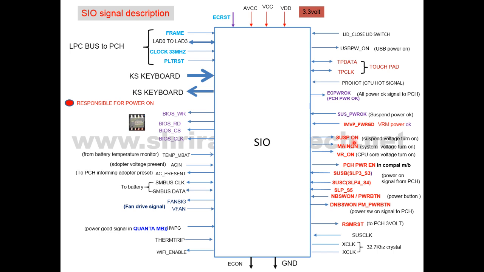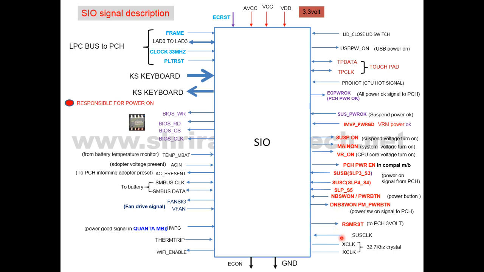And these are the three main signals, that is called suspend on, main on, and VR on. When you press the power button and the SIO receives these two signals, SLPS3 and SLPS4, at that time the SIO sends out these three signals one by one, that is suspend on, main on, and VR on, turning on the entire laptop. So you have to check the signals one by one. Okay,